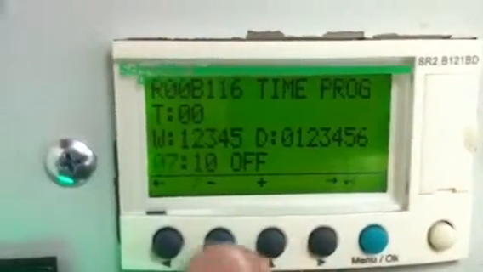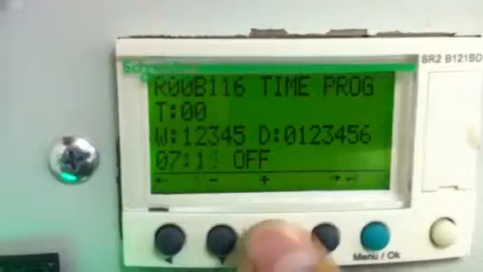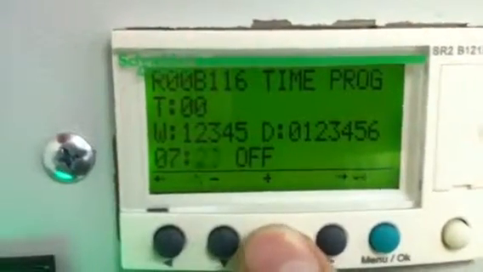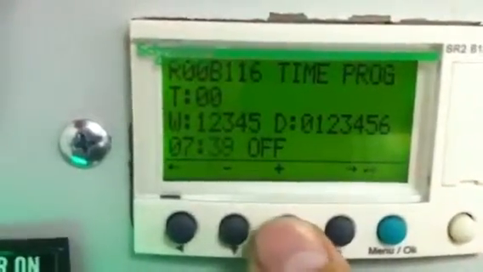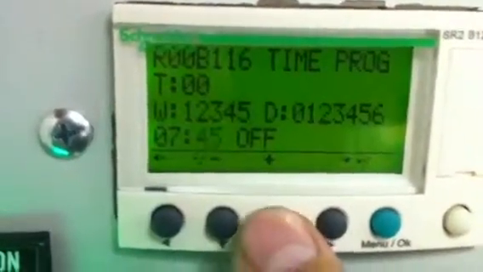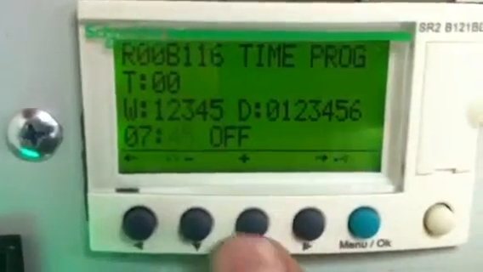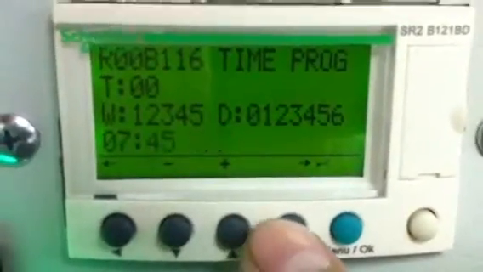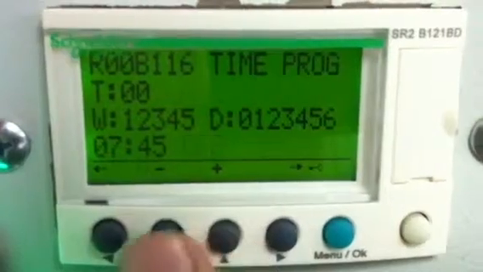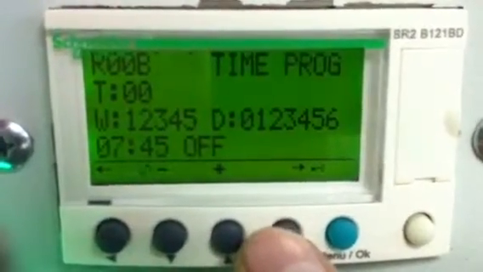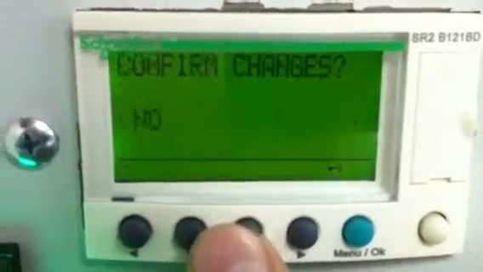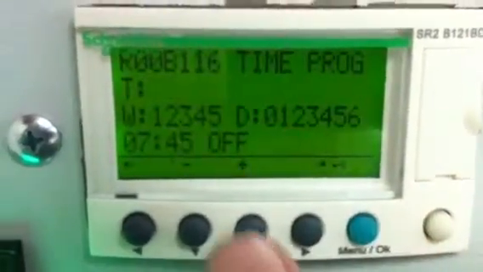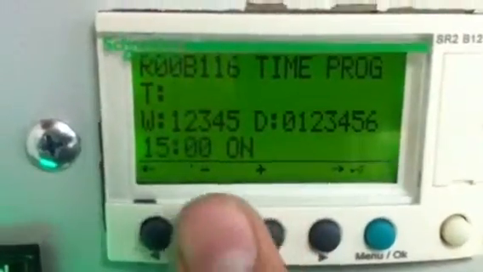let's say 7:45 in the morning. If you want 7:45 in the night, it would be 19:45. I want it to go off, and then I come back again to the timer 0 at the first, and then I say yes, and then I say now I want it to come back on at